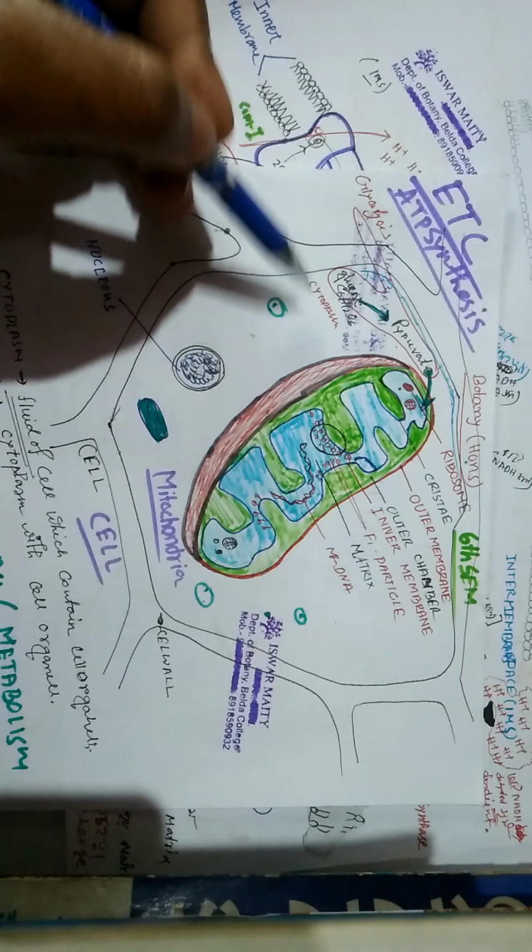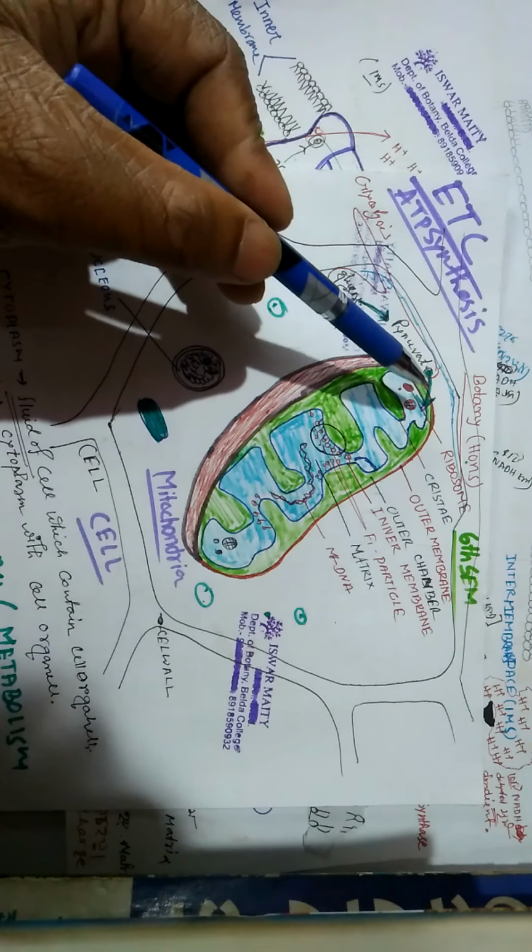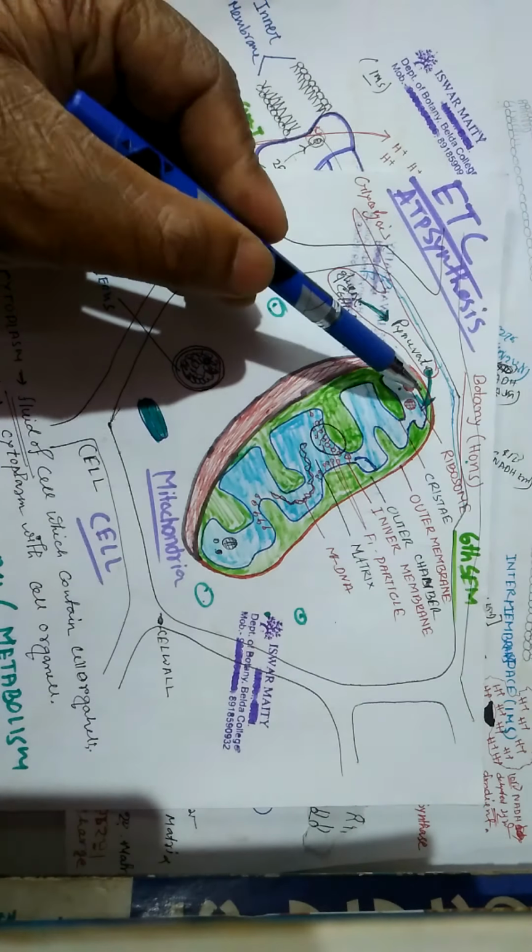This is the cell, this is the cytoplasm part of the cell, and this is the mitochondria in the cell. Okay, we all know that in glycolysis, glucose is converted into pyruvate or pyruvic acid in the cytoplasm or cytosol portion. Next, the pyruvate or pyruvic acid enters the mitochondria, mainly the inner membrane of the mitochondria.